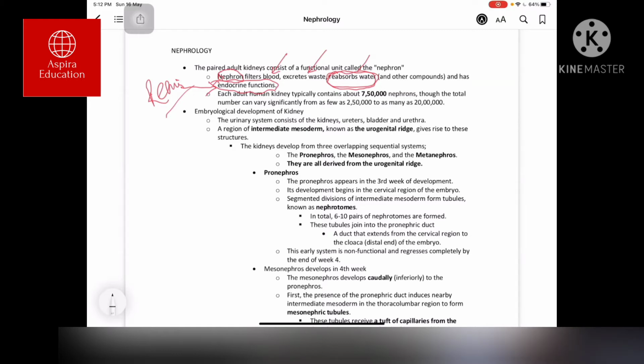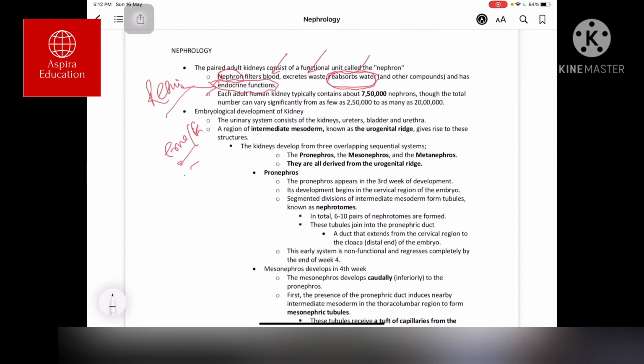So, embryological development is very important. How does it develop? From where does it develop? And why is it important for us to know? There are many reasons. One is for the purpose of the exam. In the exam, you will get five options in true and false type questions. So it gives the examiner the liberty of asking n number of things from just a single topic, and you don't have much option to leave out any portion of the topic.